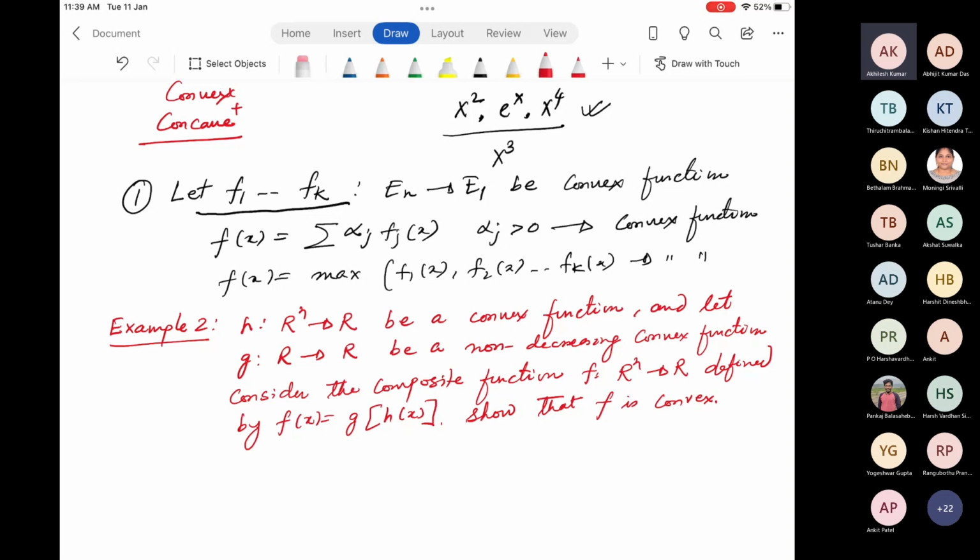Whenever we want to use Jensen's inequality, keep in mind that we have to start with taking two distinct points, define its convex combination, and somehow show that the convex combination of functional values will be greater than the functional value of the convex combination. That's all we need to do.